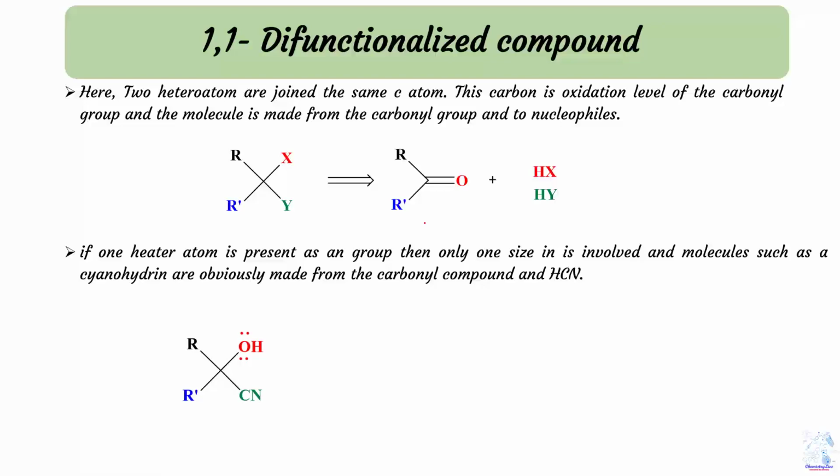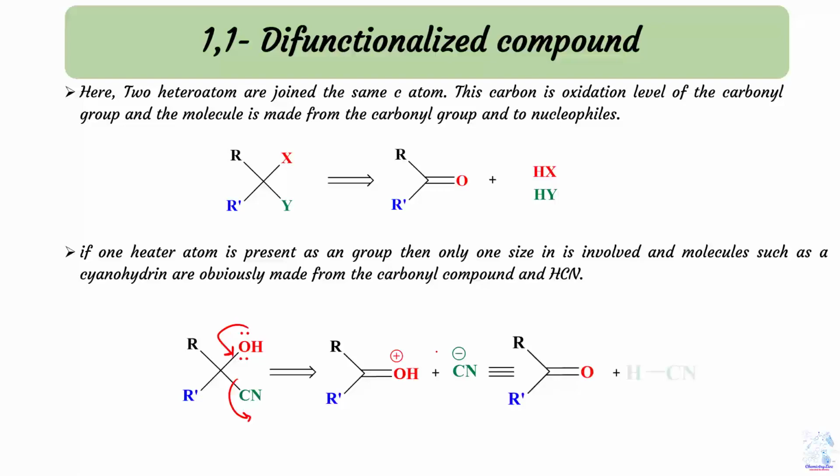So that is 2 heteroatoms, and in the same manner, as we said previously, we will get OH plus and CN minus. That CN minus and that OH plus are converted again, and the H comes to here, and the positive charge will be balanced somehow, and you will get HCN.